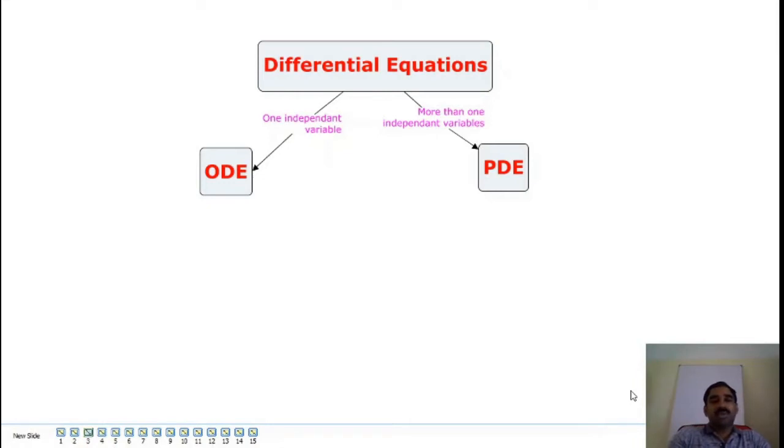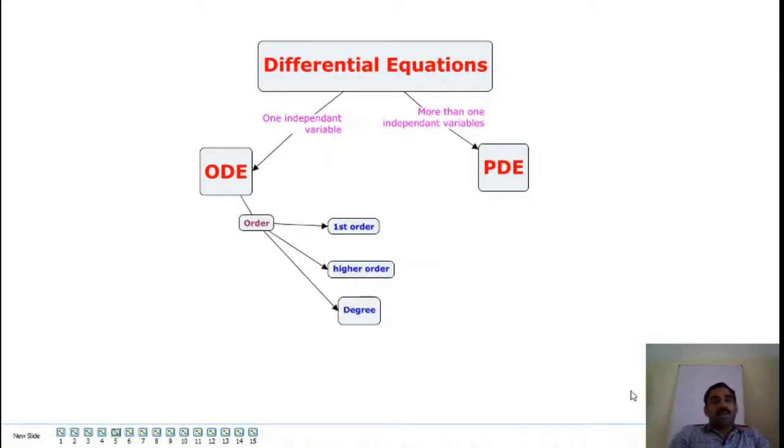In our semester 2, we have already studied the methods of solving ordinary differential equations of different orders and different classifications of ordinary differential equations. The main thing associated with a differential equation is its order and degree. Order means the order of the highest derivative present in the equation, and degree is the exponent of the highest order derivative. So we can classify the differential equation as either a first order differential equation, second order, or in general a higher order differential equation.